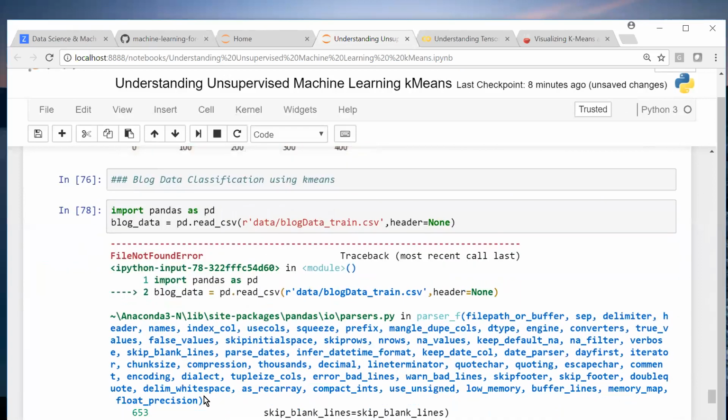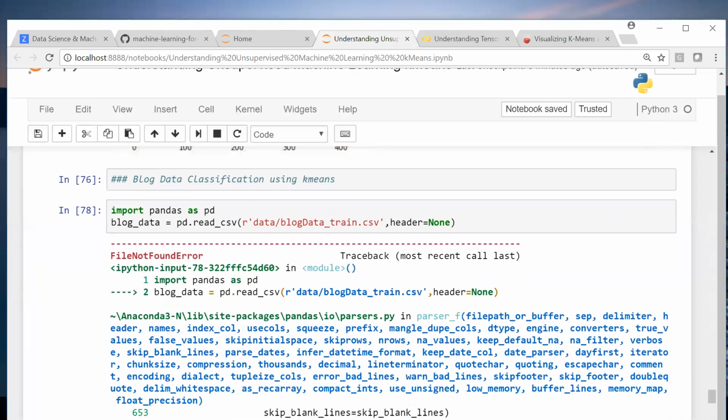I think it's not the file name. Oh, yeah, wrong file name. Blog feedback. I had not written it completely.